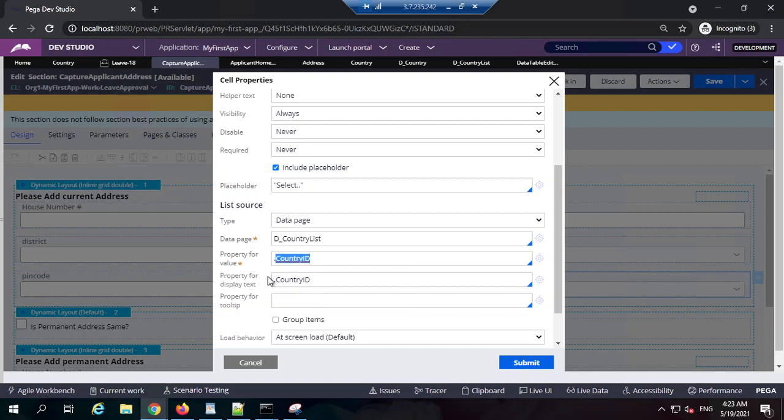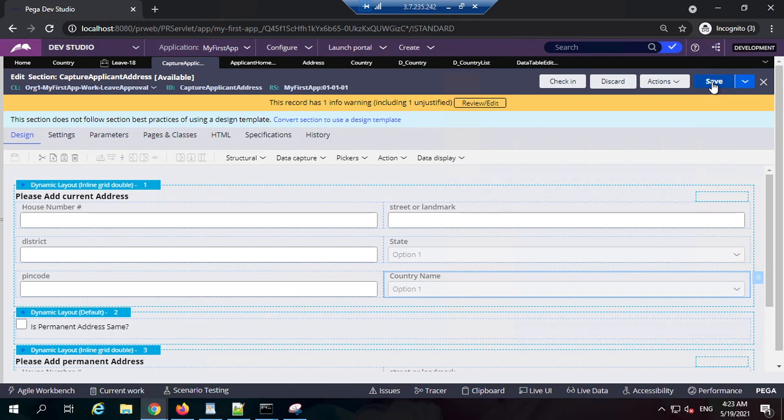So country ID. Then property for display text: which property should be displayed to the end user? Let's say country name. So you will get a drop down of this property, but when the user selects something, in the backend it will start storing this one and not this one.